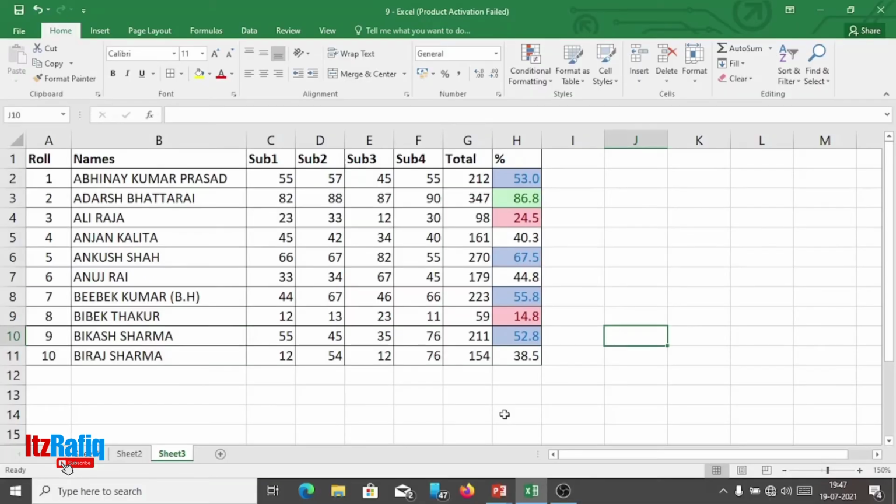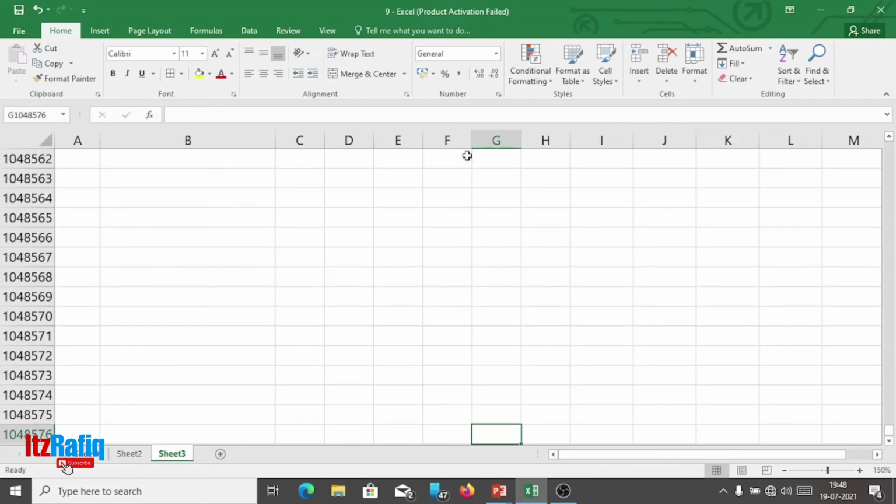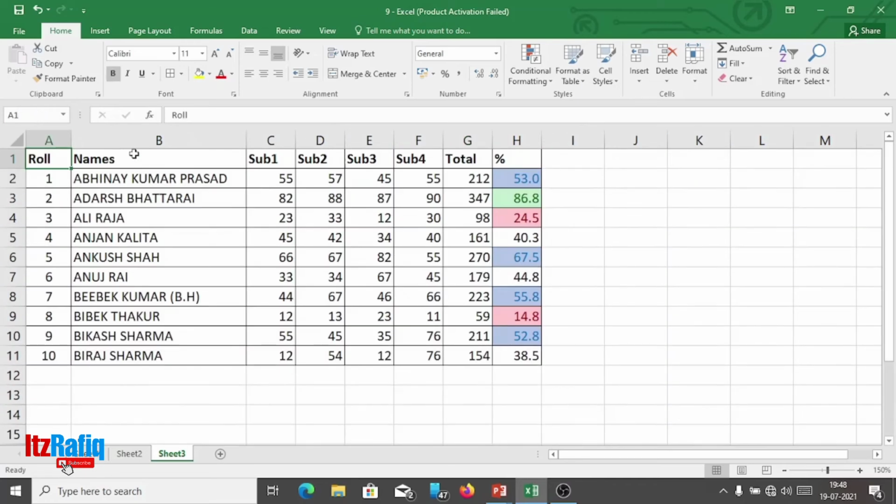I already have this information. Suppose I don't require everything here, I need only the names and the total marks. So I'll select them. First I'll select the name column, and by pressing the control key, again we can select the total column.